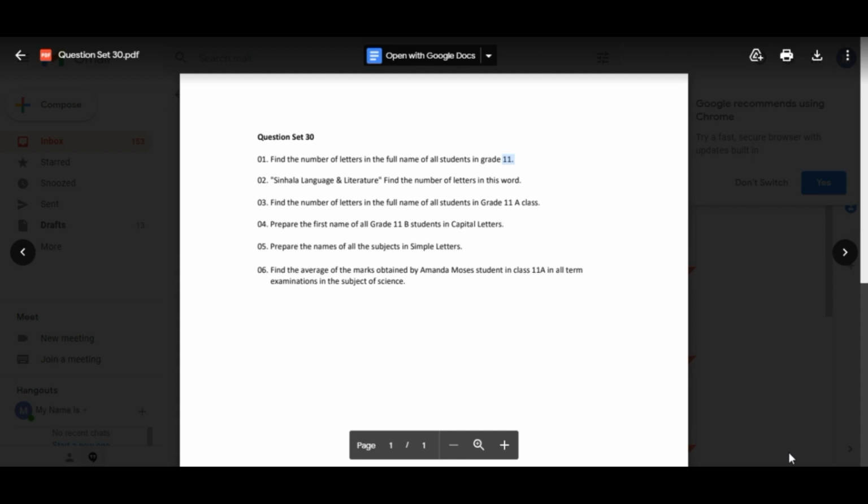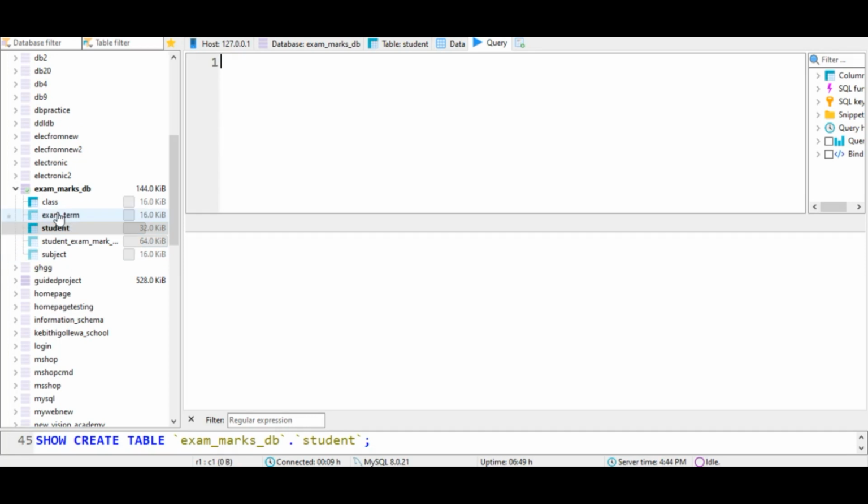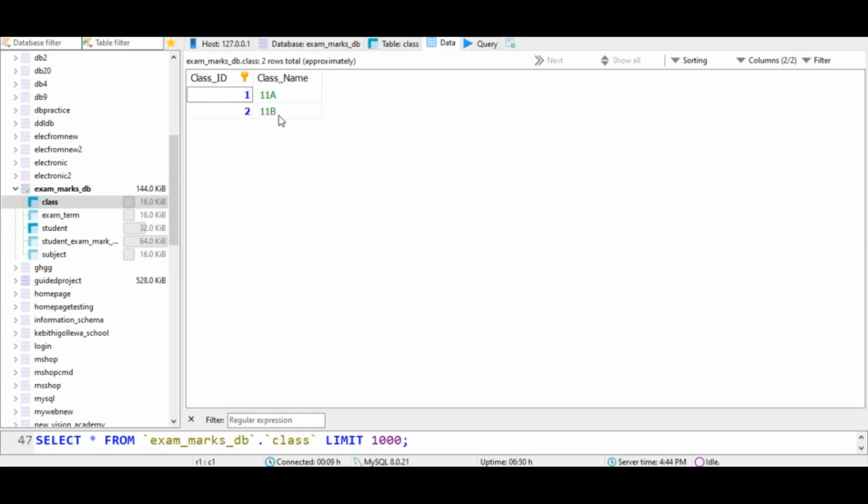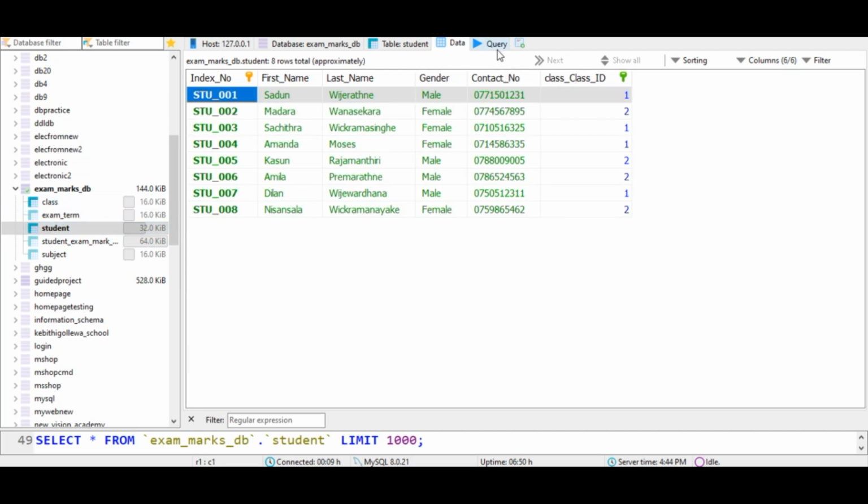So, the first question is: find the number of letters in the full name of all students in grade 11. If you take a look at the class table, there are only two rows. There are two classes. Both are grade 11, so you don't have to worry about the class name. So therefore I'm going to search the query